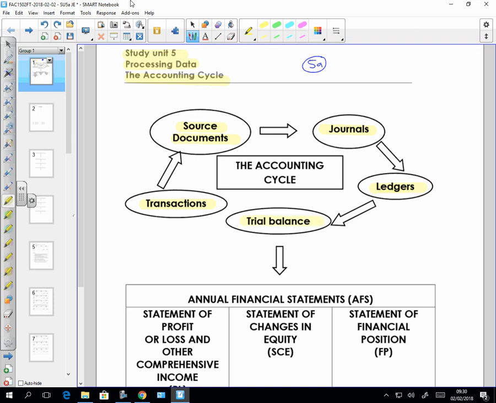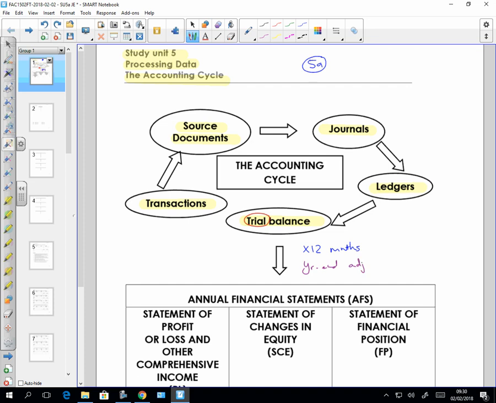We'll draw up a little trial balance which lists those accounts with their balances, and we test. That's why it's called a trial. It's a test to see if you followed the double entry principle. And then that happens monthly, and then you start again next month: transactions, source documents, journals, ledger, trial balance, and so on. You do this 12 times a year. So times 12 months. And at the end of the year, you're going to do some year-end adjustments